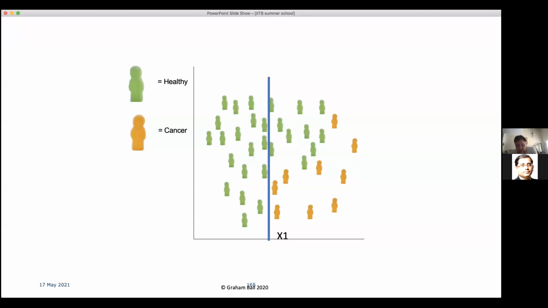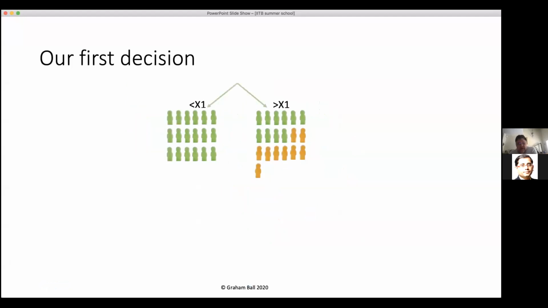Once it's got that rule, you can see now here, if the value is less than X1, then it goes down to pure class, and it's got those individuals correct. And then if it's greater than X1, it goes down to mixed class,